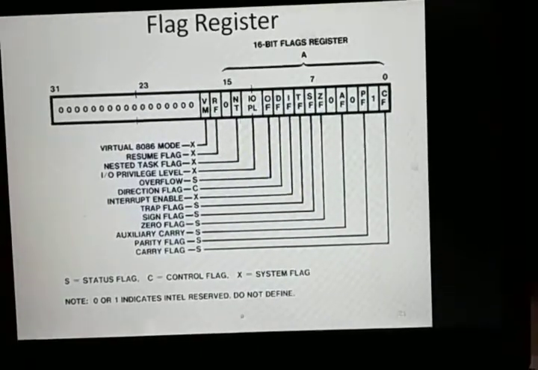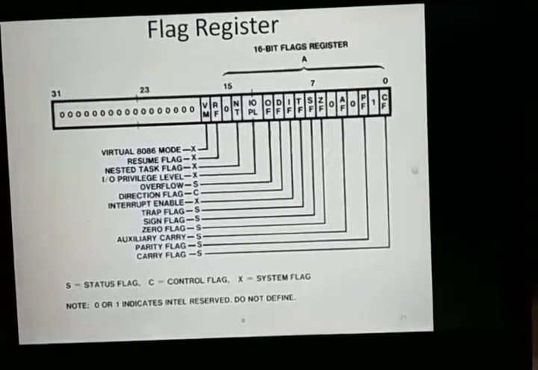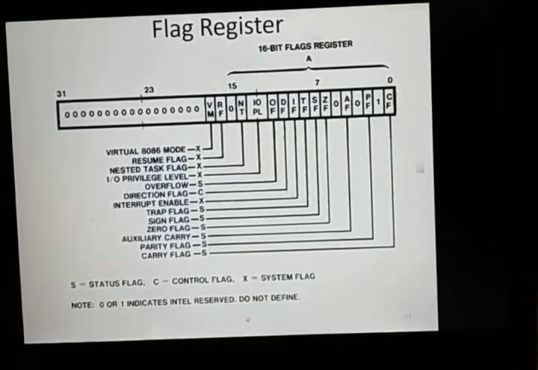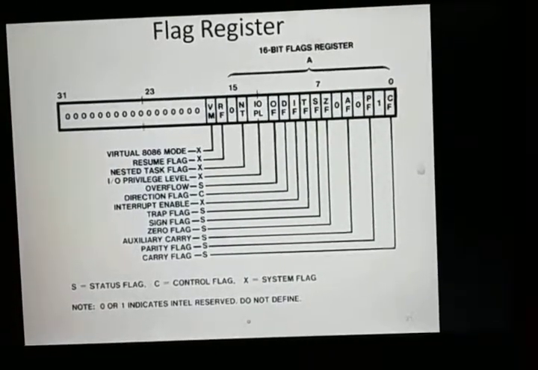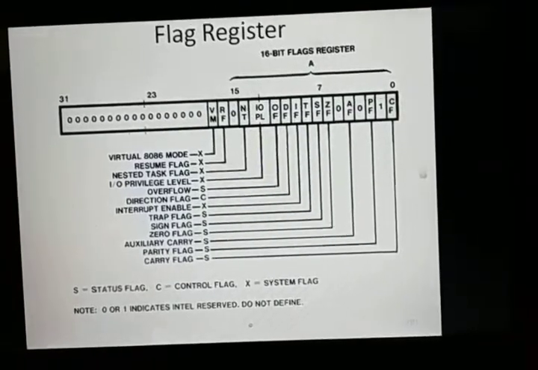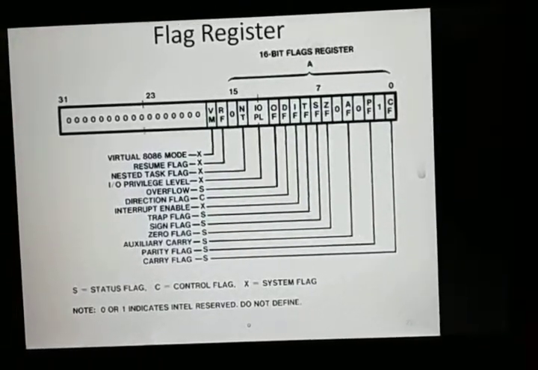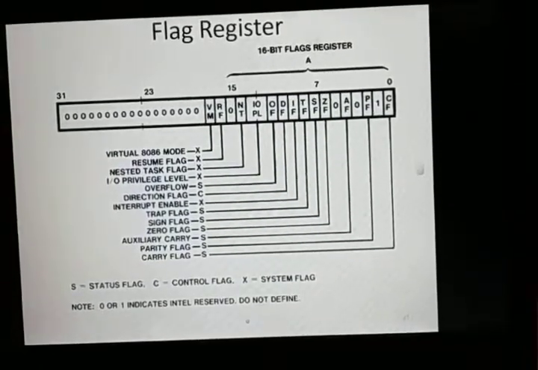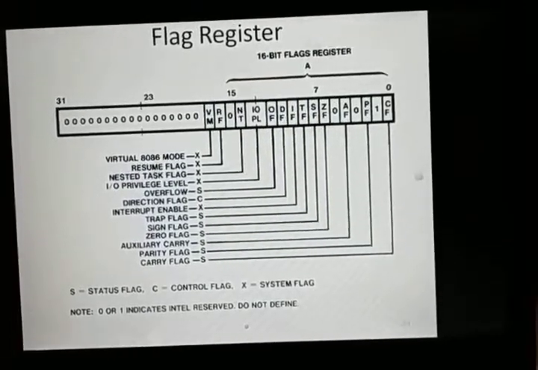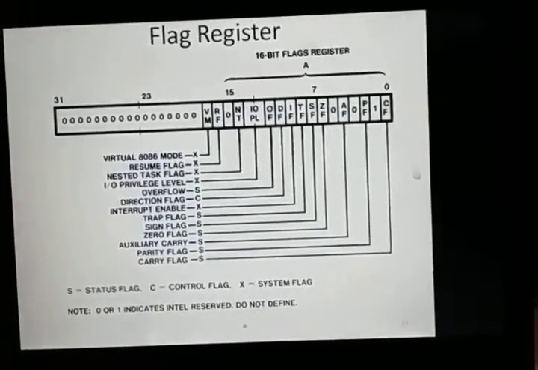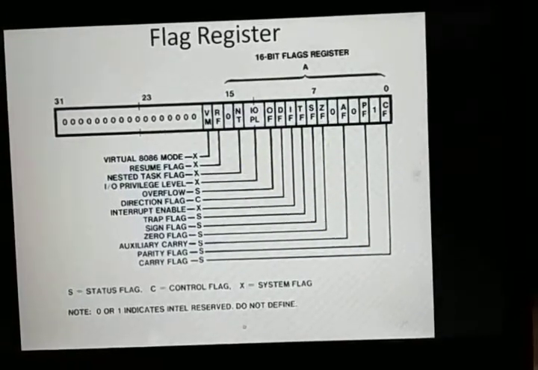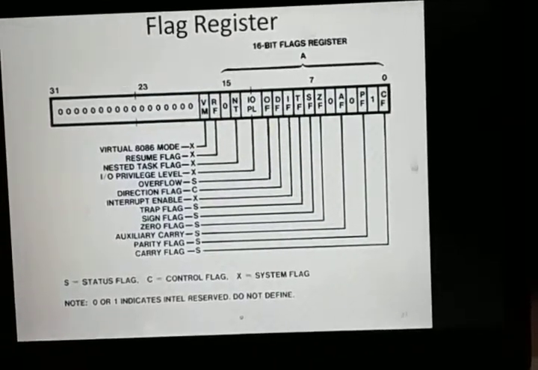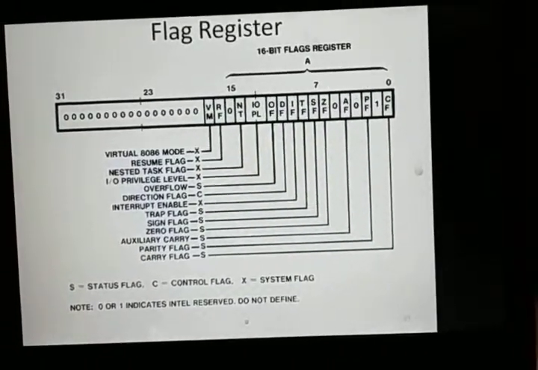Then the last bit is your virtual mode bit. Virtual mode bit we have discussed in the last lecture also. The three modes: protected mode, real mode and virtual mode. 80386 has three modes. Your virtual mode is like a real mode. So whatever applications we cannot execute in protected mode, these applications we will run in virtual mode. So your processor basically switches repeatedly and rapidly between protected mode and virtual mode. But if your VM bit is set to 1, in that case only the processor can switch between protected mode and virtual mode. Otherwise it cannot switch into virtual mode within protected mode.